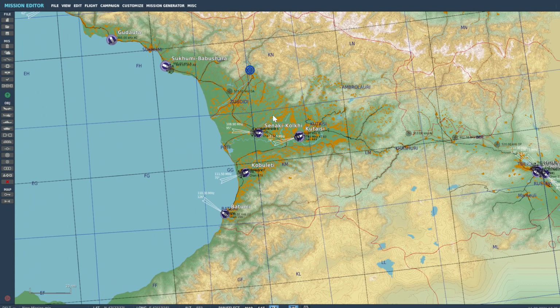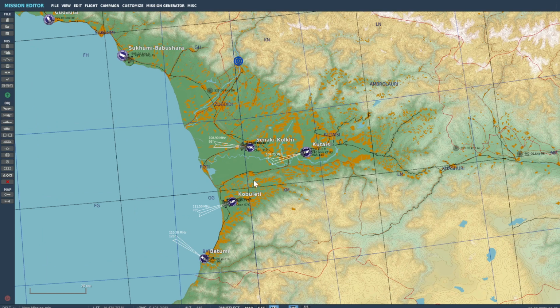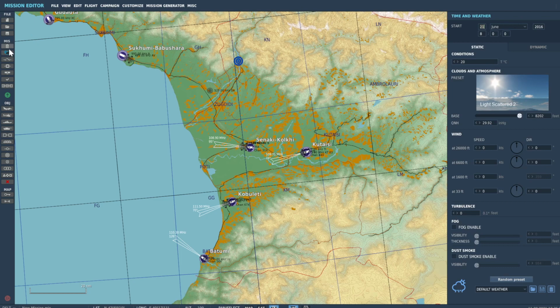For this mission, we're just going to do single player, but we will be covering multiplayer mission editing as well further along. So for now, I'm going to leave it blue there. We're going to fly as blue. We're now going to come across here, this sort of weather